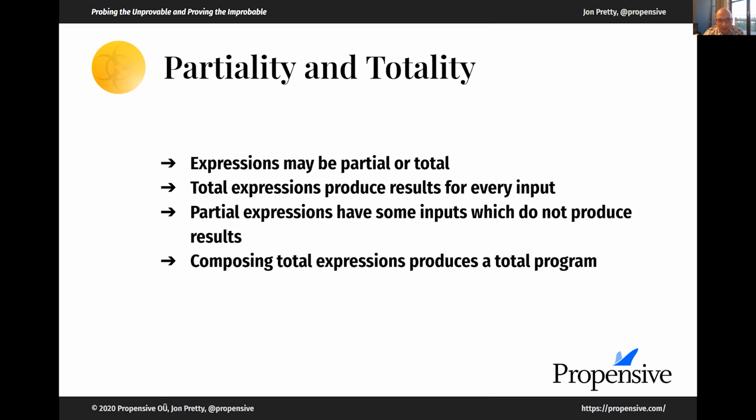Now, if we compose only total expressions, we end up with a total program, or at least larger total expressions, which is entirely a good thing. It means that we know whatever input we give it, we get some output back. And if the types we're using to represent the inputs and the outputs are well defined, they only represent states that you actually want to express in your program.